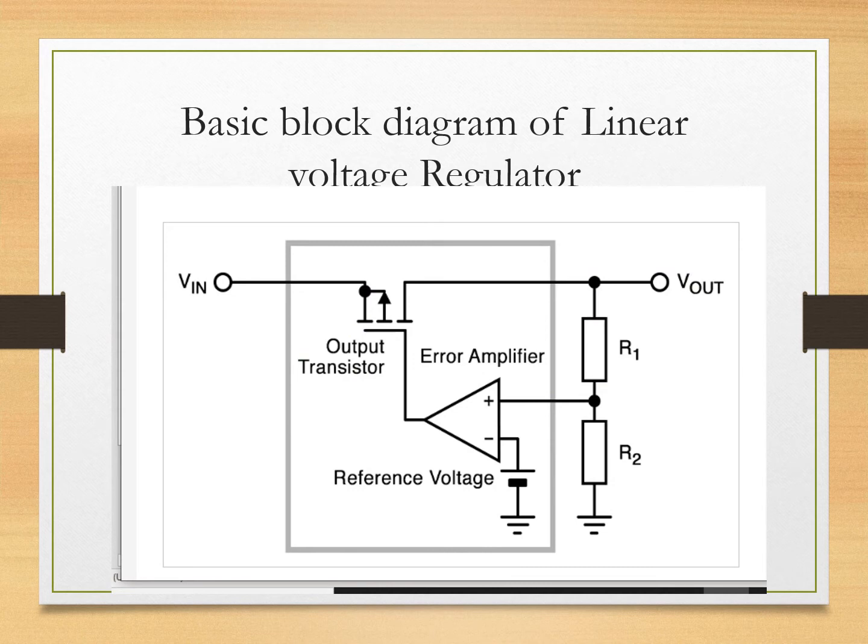This is the block diagram of a basic three-terminal IC regulator, which consists of a comparator and a series pass transistor. A part of the output voltage is given to the comparator's non-inverting terminal and a reference voltage is given to the inverting terminal. After the comparison, a control voltage is generated which is applied to the series pass transistor. As you can see in the diagram, this pass transistor is connected between the input node and output node. This negative feedback configuration allows the voltage regulator to maintain a constant output voltage.